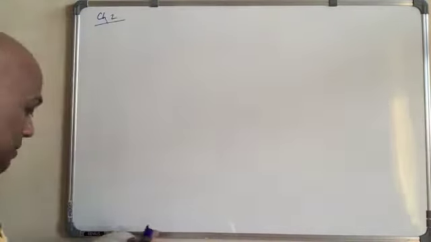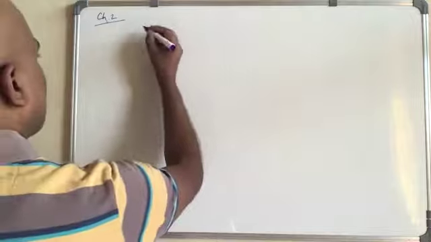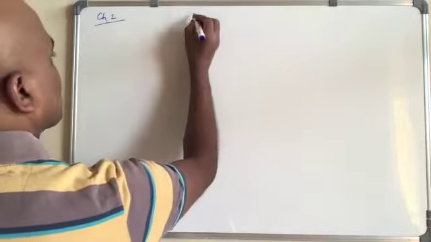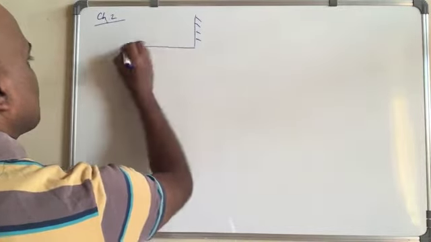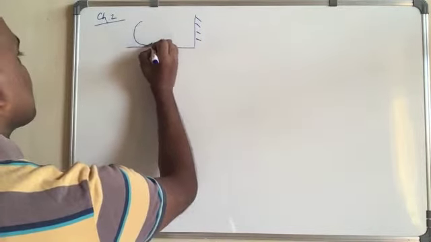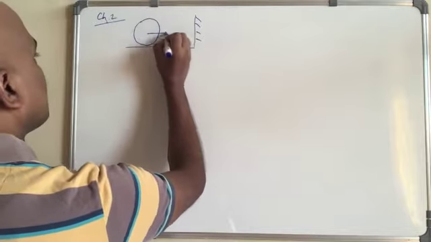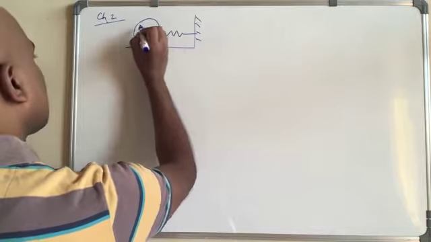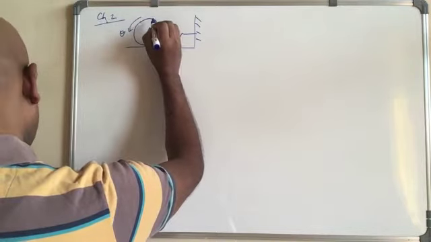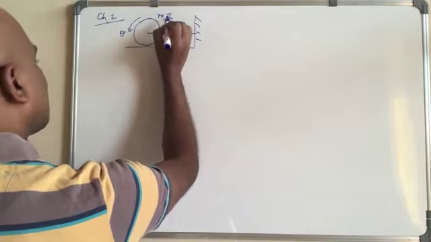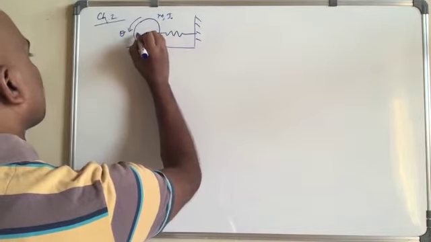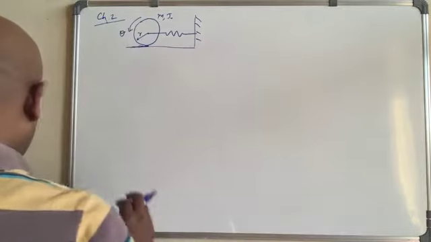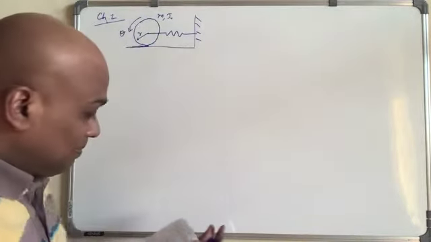There was one question with a system like this. A roller, and then there is a spring like this one, and then this is theta, m, J naught here, and r here, right? And this is rolling without slipping basically.